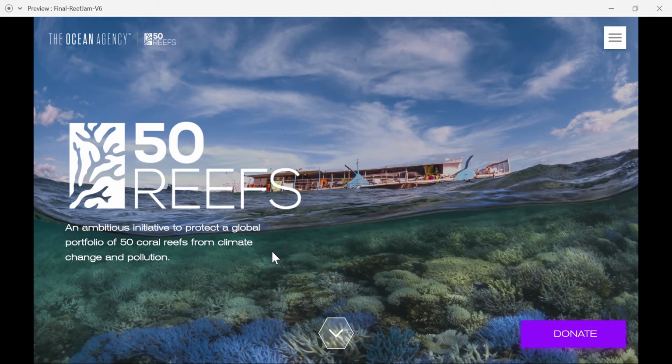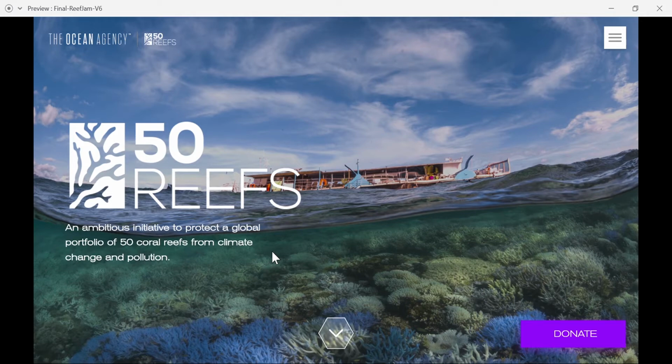We believed that it would be smarter to leverage the communities that already exist to spread awareness. We didn't want to have any strings attached to the experience, and we wanted to entice the user to discover and explore the Ocean Agency's portfolio of reefs and connect with the core mission. For these reasons, we think that our product has a higher probability of reaching a larger audience and inciting more